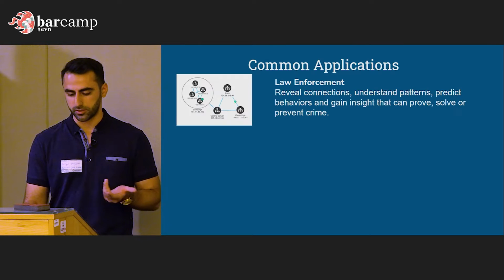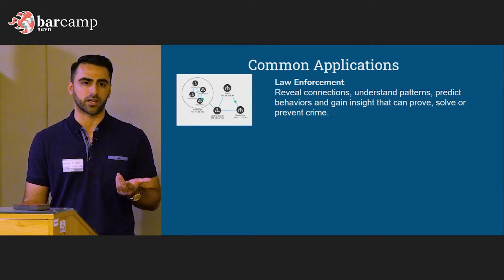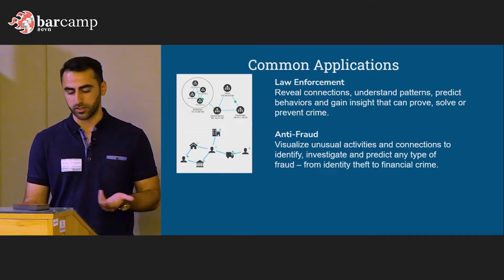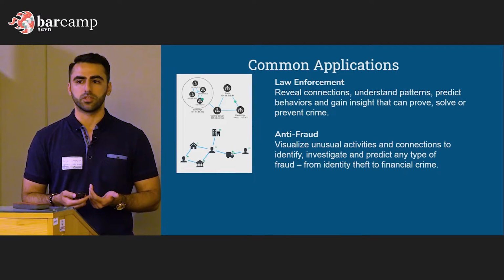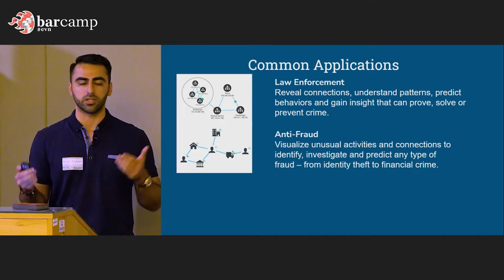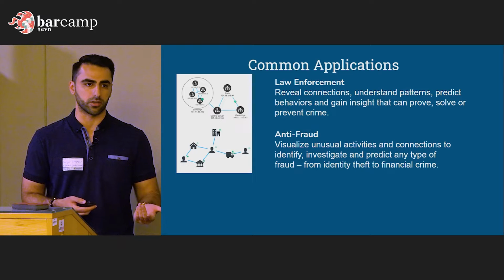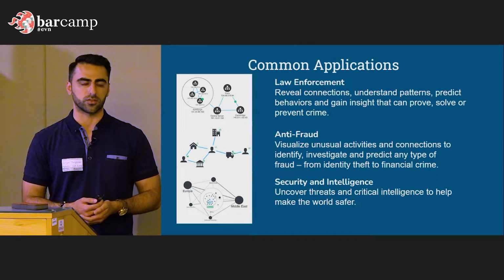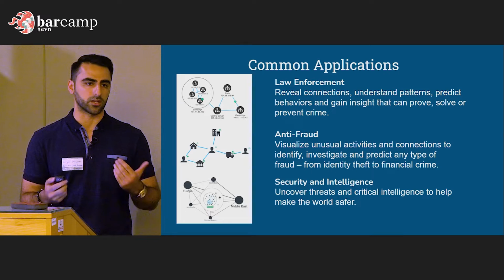So some of the common applications are, for example, law enforcement. By having this link analysis, you can actually understand patterns that exist or should not exist, and that can help you uncover things that might happen in the future. Another one is anti-fraud. Like I said, if there are certain transactions that should not be linking with one another, but they are happening, that could be detected and flagged. Sometimes if you're leaving the country and you didn't tell your credit card, they will call you and say, hey, we don't think this is you, you shouldn't be here. And another one is security intelligence. Most nations, internally and internationally, use link analysis to uncover threats to their national security as well.